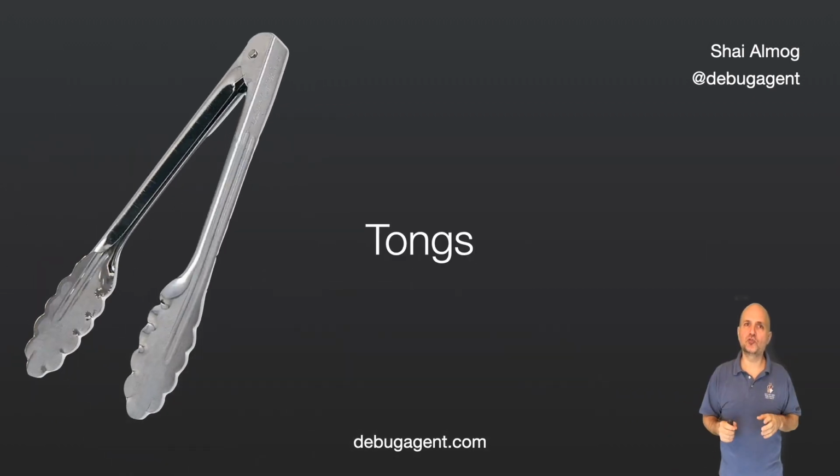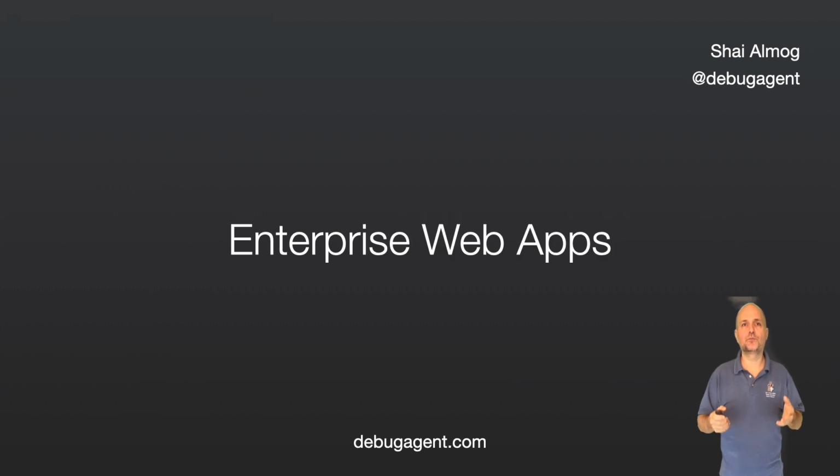We used tongs to grab hold of an item on both sides. The same concept can apply to almost any piece of software, as pretty much all software has two or more directions of input and output. Let's give you some examples.